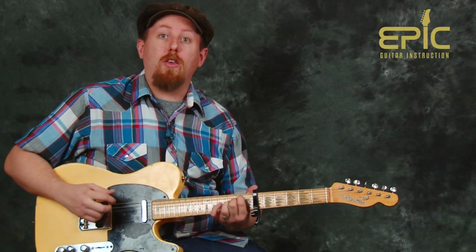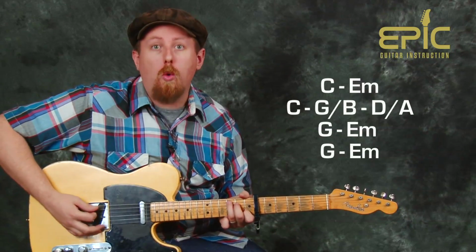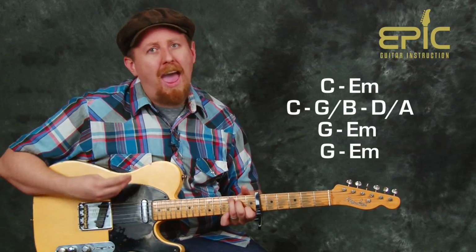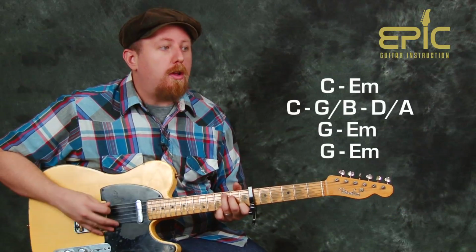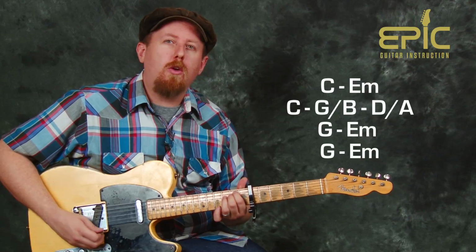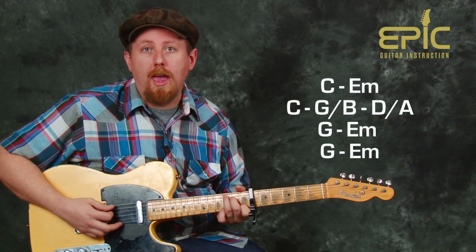Chorus section next. So starting right at the top of the chorus, we're going to be on a C chord. This is the Hallelujah part, if you're singing along. So we have our C chord to E minor, one full measure of 4 counts on each, C chord again, full measure,